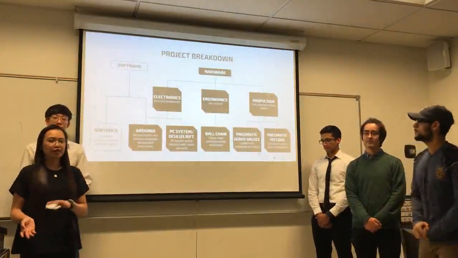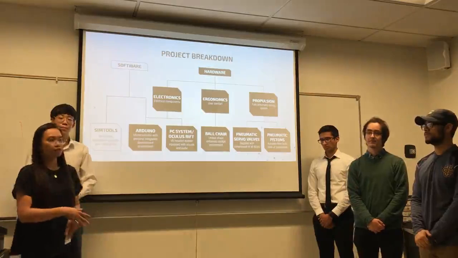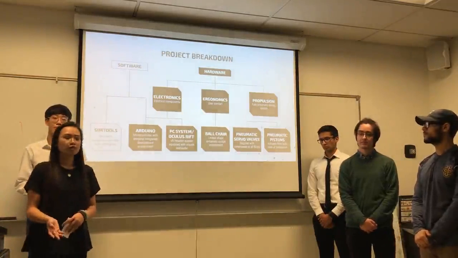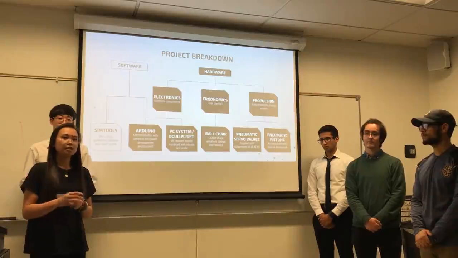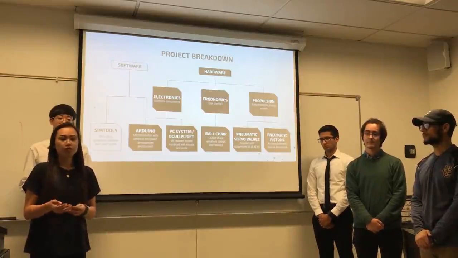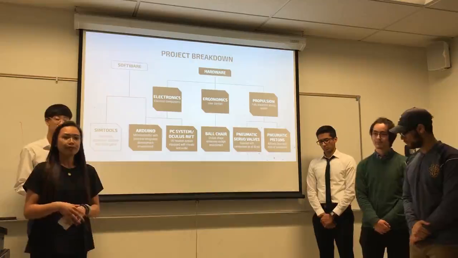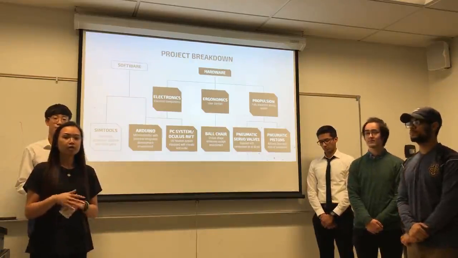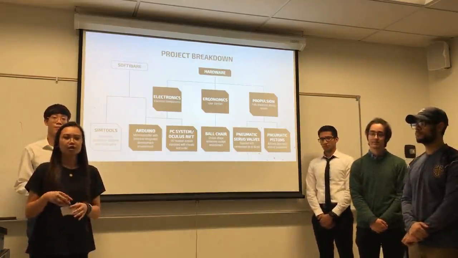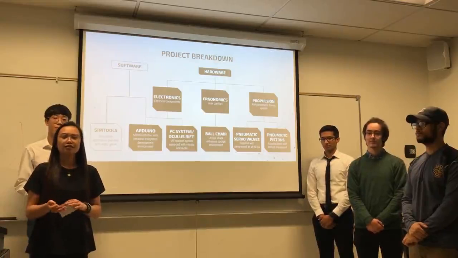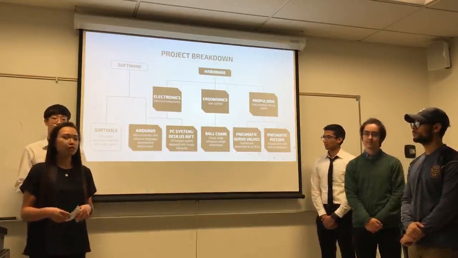For the project breakdown, this will happen in two phases, first being the hardware and then the software. On the right of the screen, you have the hardware breakdown. The electronic components consist of an Arduino microcontroller, which we use as our processor, as well as the PC system and Oculus Rift, which are required for game usage. Secondly, we have ergonomics. The user has a very uniquely shaped ball chair, which helps the experience of sitting in a single occupancy aircraft.